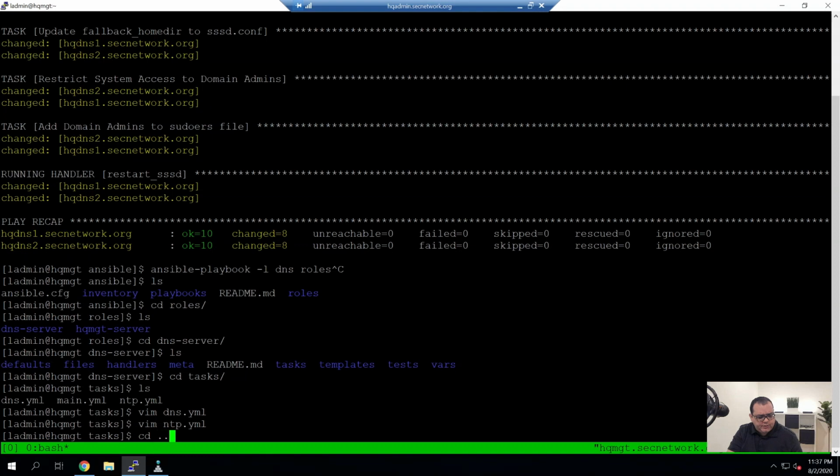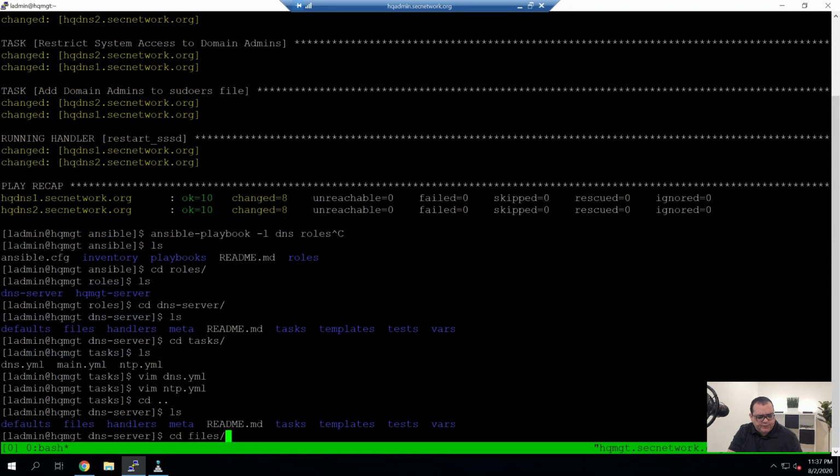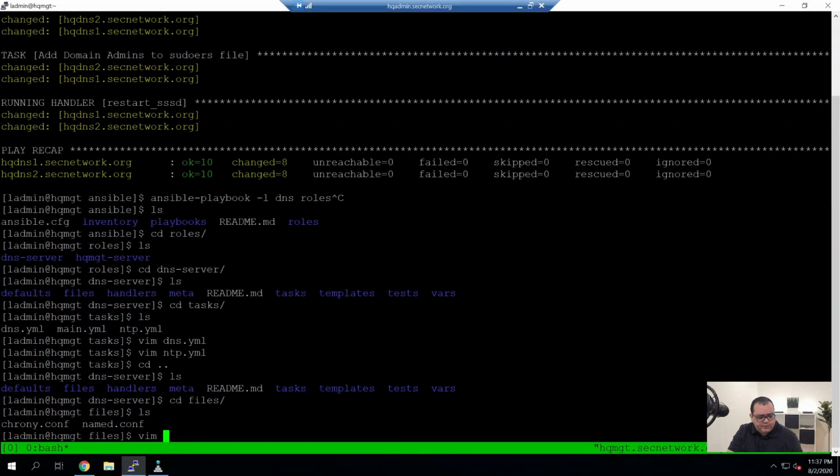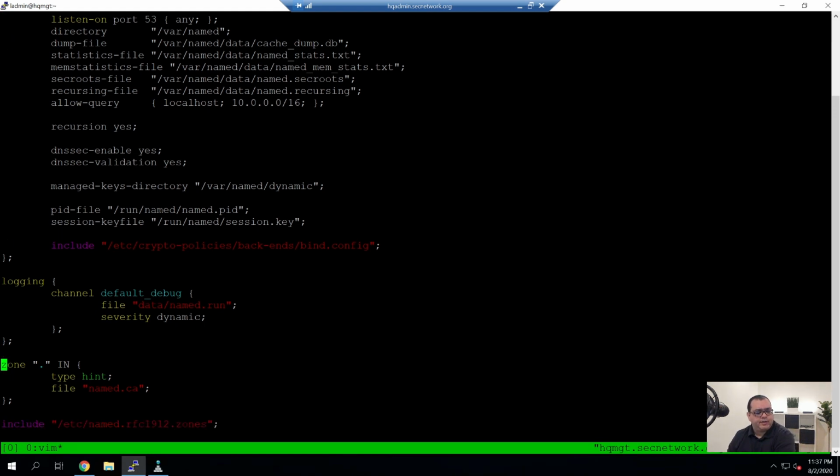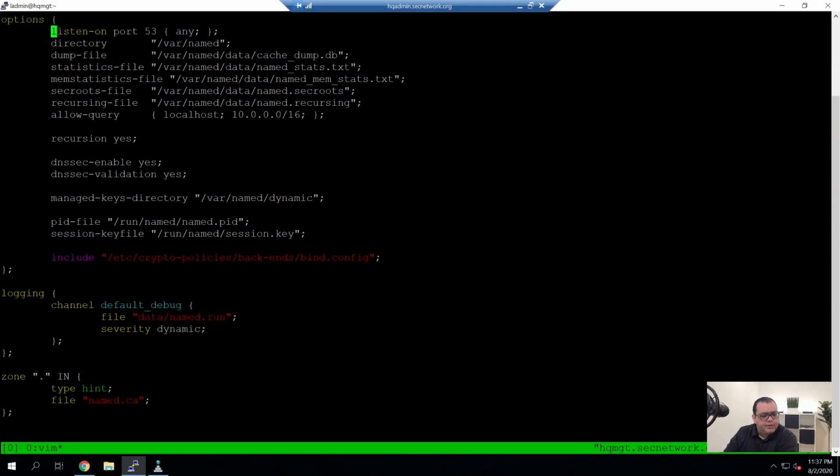And then let's take a look at the files. So let's take a look at DNS. Let's kill that. So this is pretty straightforward. I am by no means a DNS expert, but this has worked for me in the past.